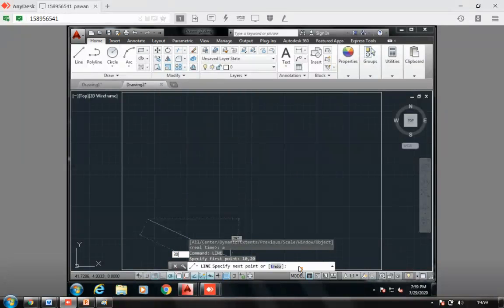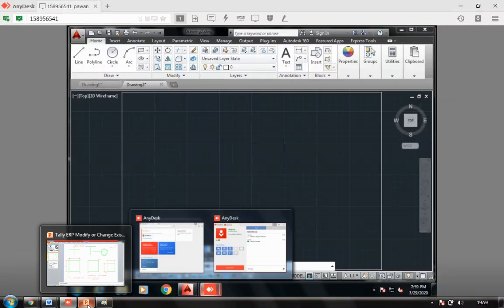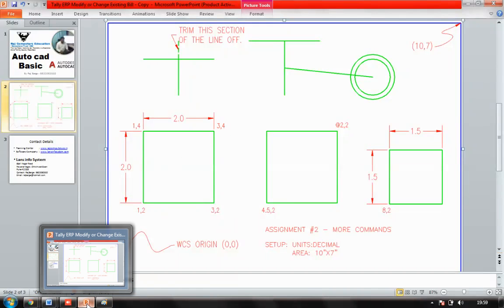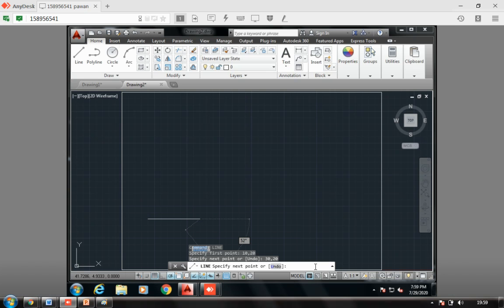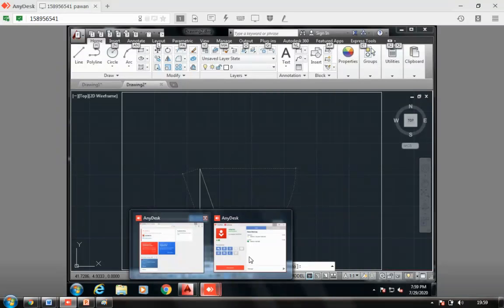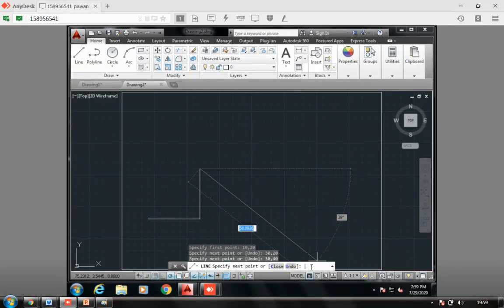Now my next coordinate is 30, comma 40. My next coordinate is 10, comma 40.